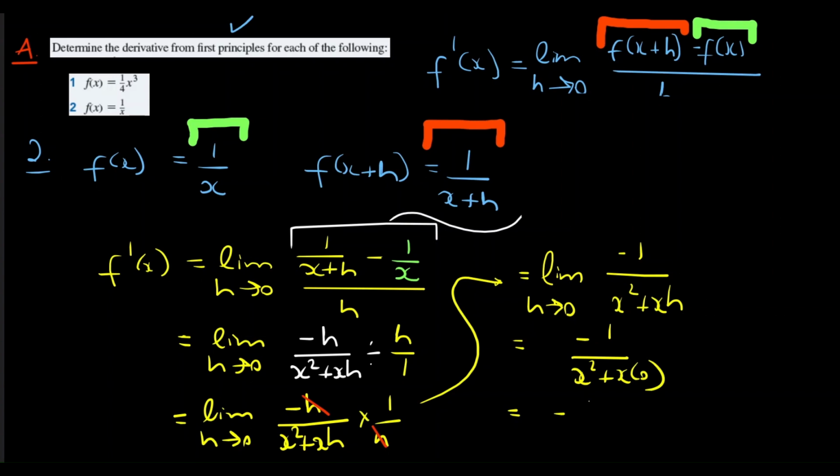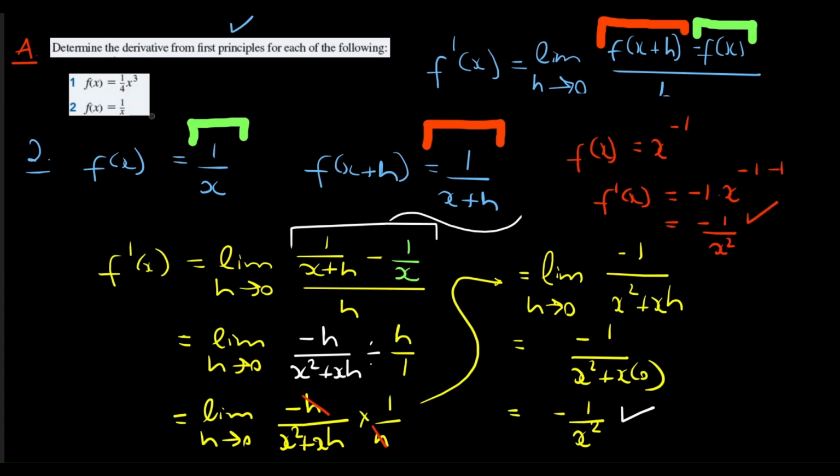Therefore, the final answer will be negative 1 over x squared, and we're going to get our full marks. As I said before, you can take the original function, write it to eliminate the fraction, use rules of differentiation, drop the exponent, subtract 1 from the exponent, and your final answer should be negative 1 over x squared, which corroborates the answer we got. So that's really the schematic of first principles. So let's move on to something